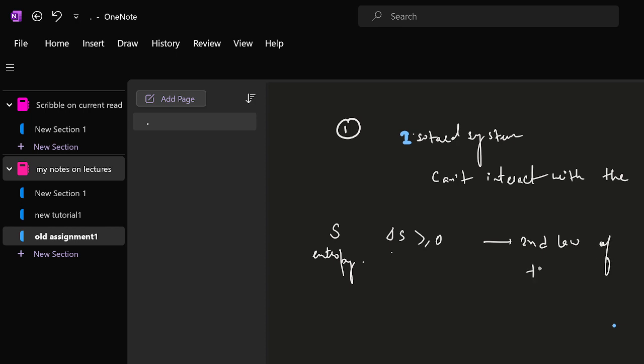This is the second law of thermodynamics. So that is the answer, that entropy should always increase, and in the options there is no constant option, because entropy can also be constant. That means its change should be 0 only in a special ideal case, like a reversible process, or if the system is in steady state, then only the entropy change will be 0. Otherwise,